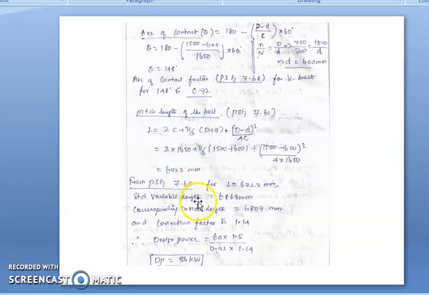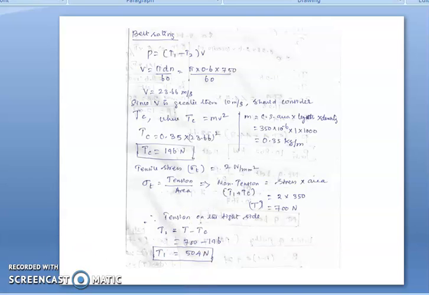The standard variable length is 6863 mm. So the corresponding standard length, the corresponding inside length is 6807, and then the corresponding correction factor is 1.14. So the design power is equal to 60, that is the rated power, into service factor, by arc of contact factor, into pitch length factors. So from this we can find the design power as 86 kilowatt.